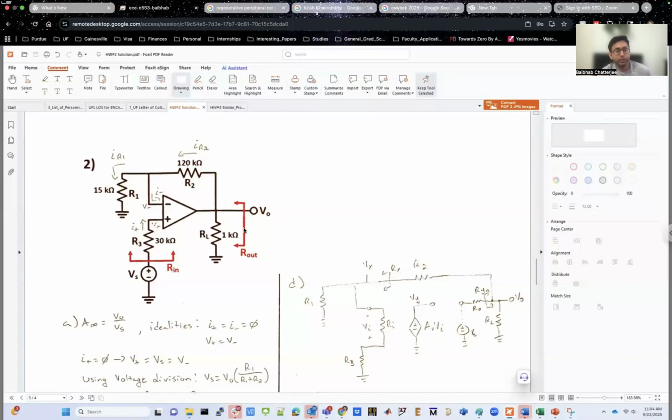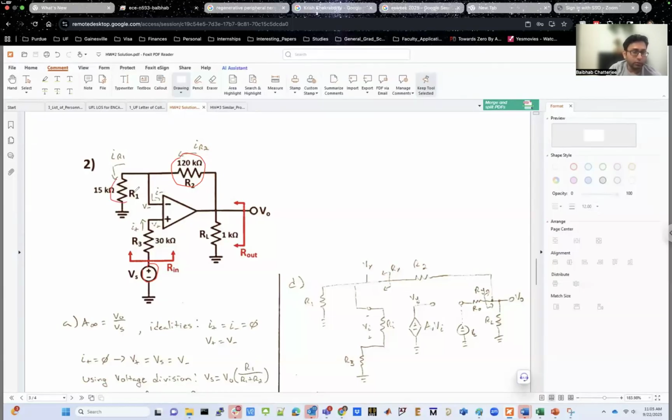Question number 2 was very similar. Again, a voltage amplifier. Again, the exact same method that we had used for question number 1. In this case, the only difference is that your input is applied to the non-inverting terminal of the op-amp, whereas you have a feedback back to the inverting terminal of the op-amp. So you still have the negative feedback. So you can still apply the virtual ground property, and you already know how to solve for A infinity using the virtual ground property. So your A infinity in this case will be, just from the theory that you had learned in 3111,